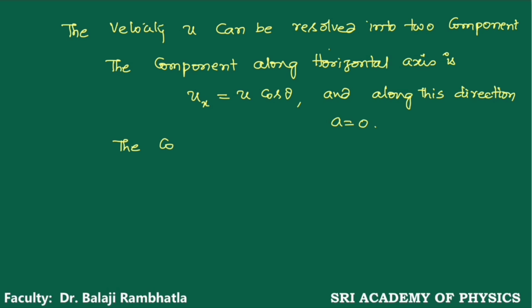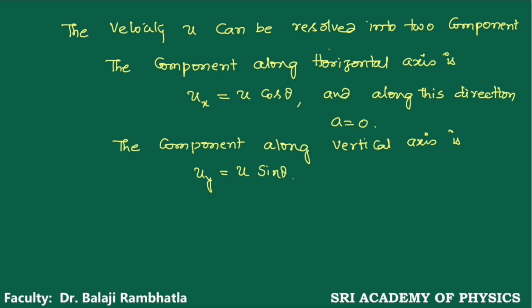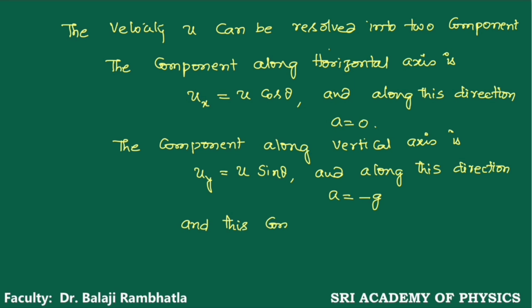The component along vertical axis. The component along vertical axis is uy is equal to u sin theta, and along this direction, what is the a value? a is equal to minus g, and this component depends on